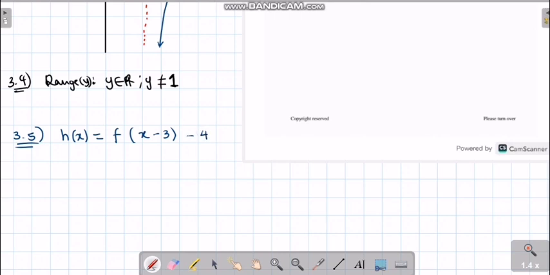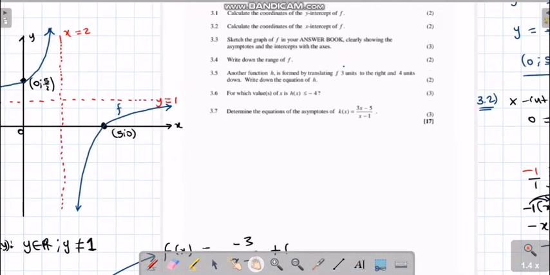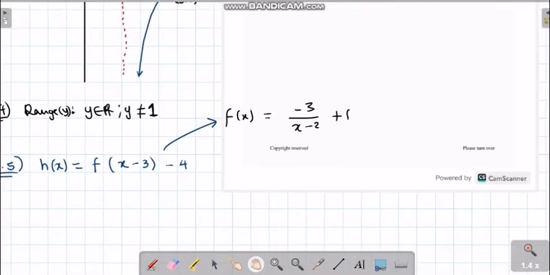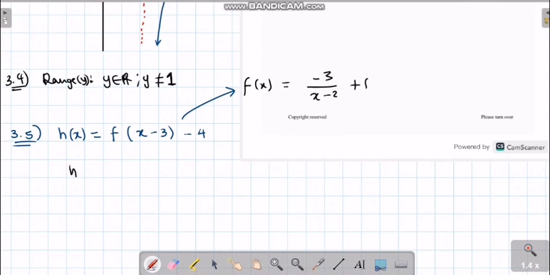So now I'll do this so that it will make sense. I'll write the equation of f here. f of x was what? Negative 3 over x minus 2 plus 1. So now our h of x: where I see x, I should substitute with x minus 3. So it will be negative 3 all over